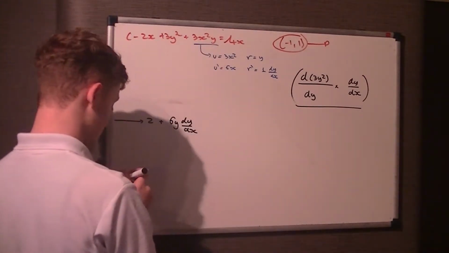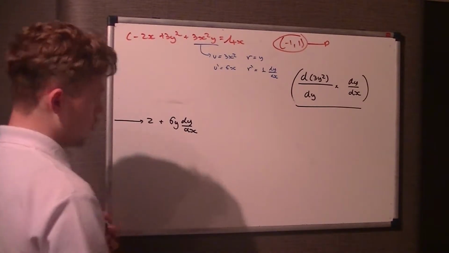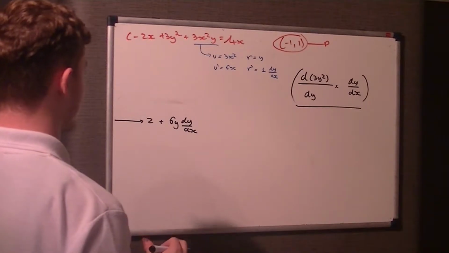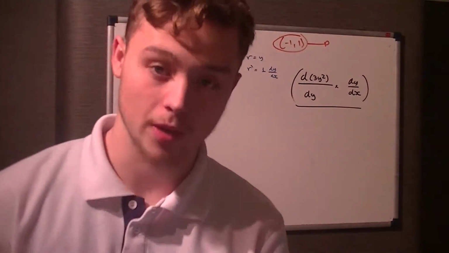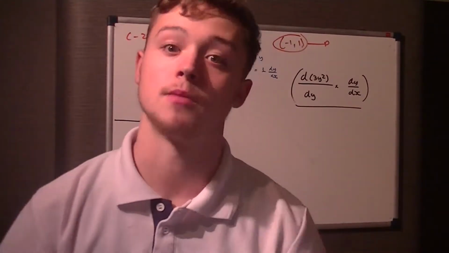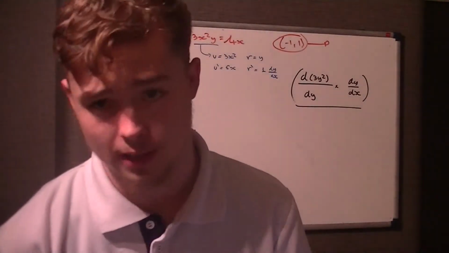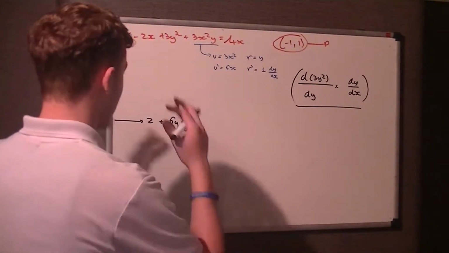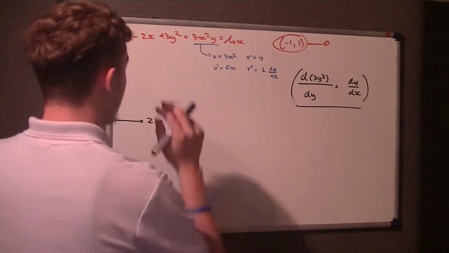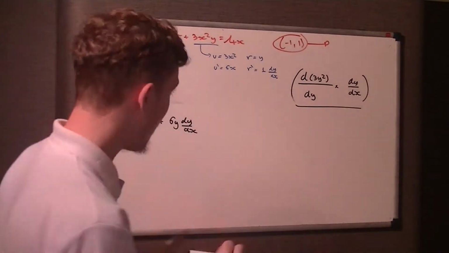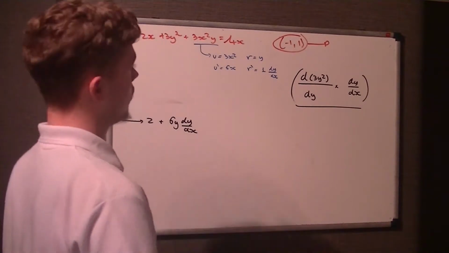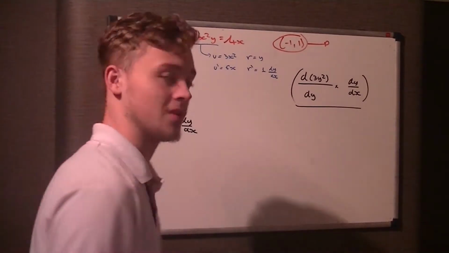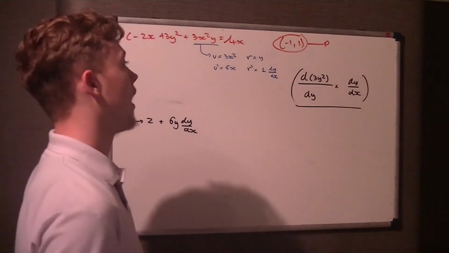Now this bit I've obviously underlined previously: 3x squared y. What you might end up doing is going, okay, 3x squared y, well it's got a y in there, differentiate that, it becomes 6x dy/dx because we've got y in there. So we differentiate the whole thing because I'm lazy. Well, maths doesn't work like that, and maths wouldn't be too happy if you worked like that. So what this is actually saying is to think about 3x squared times y. The only rule we have for differentiating one product times another product, granted this is a product of x and a product of y, but still products that we don't know,